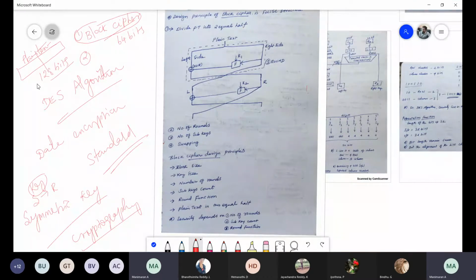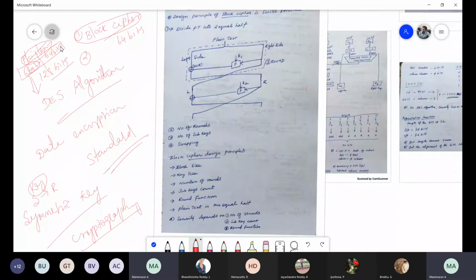Two blocks: the first 64 bits and the second 64 bits. I take the first block, apply all the DES algorithm steps, and these 64 bits are converted into ciphertext. Then we take the second 64 bits and convert it again. That is how we convert plain text into ciphertext block by block. That is why it is called a block cipher.